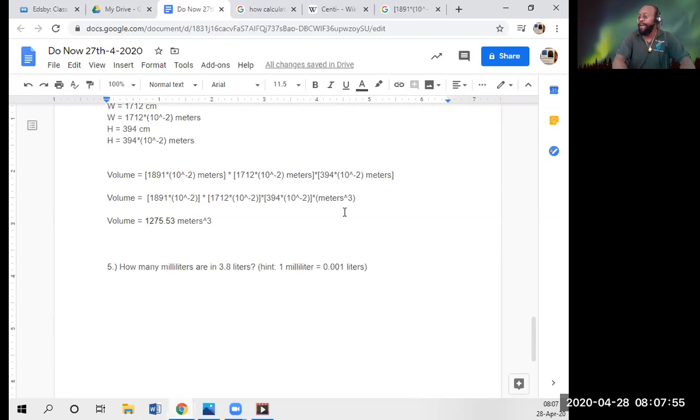So we take our value that we want to convert, and we're going to put it over 1. So that's the first thing you want to do. Let me set you up. And we're going to go here, and that's 3.8 liters, divided by just 1. Because that's the first thing you do. You put whatever you're going to convert over 1, turn into a fraction.